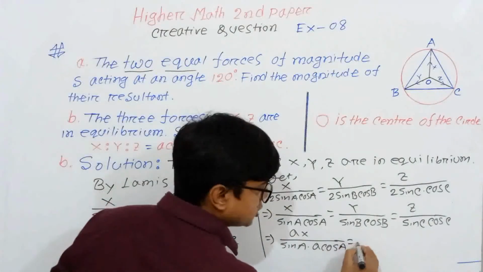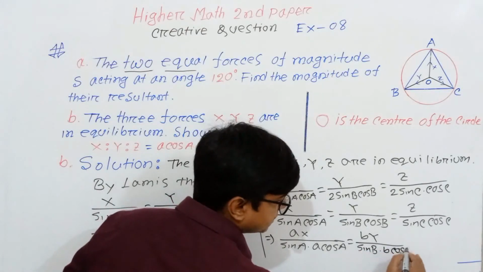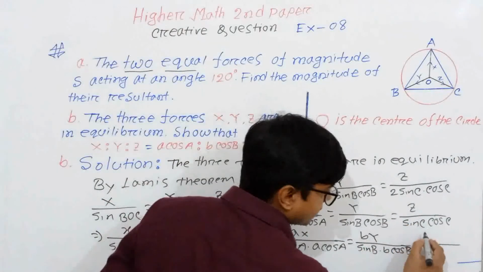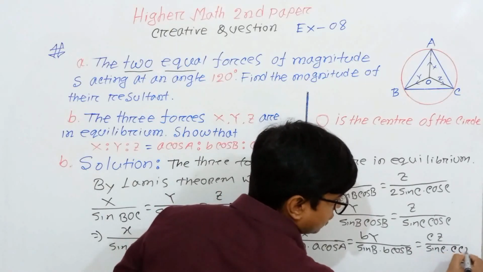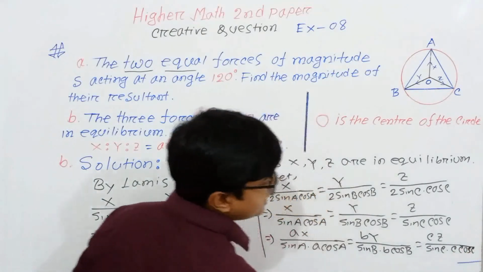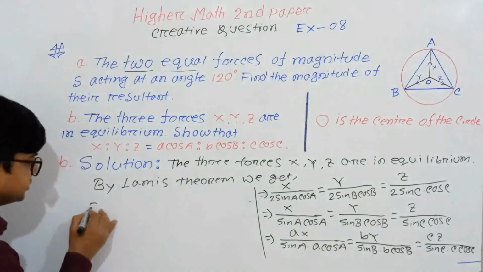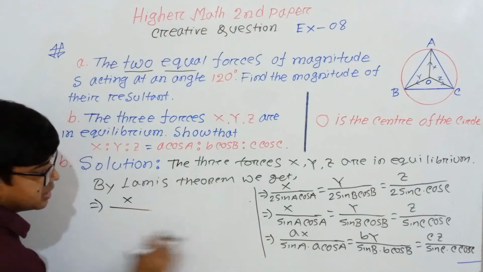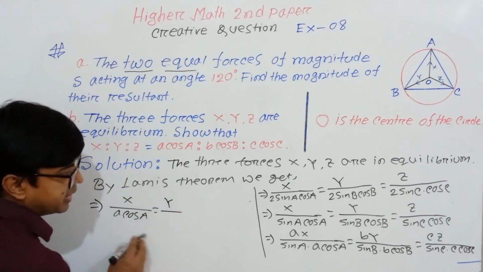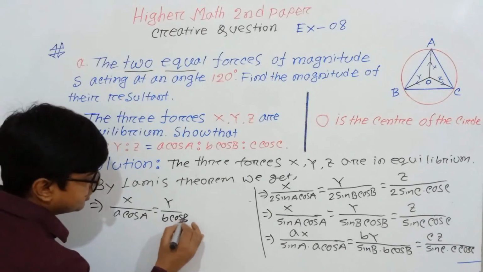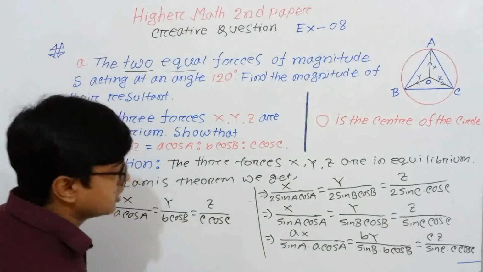Multiplying by A, here sin B into B cos B, and here multiplying by C, sin C into C cos C. And now after this line we can write x by A cos A equals to y by B cos B equals to z by C cos C, because we know that